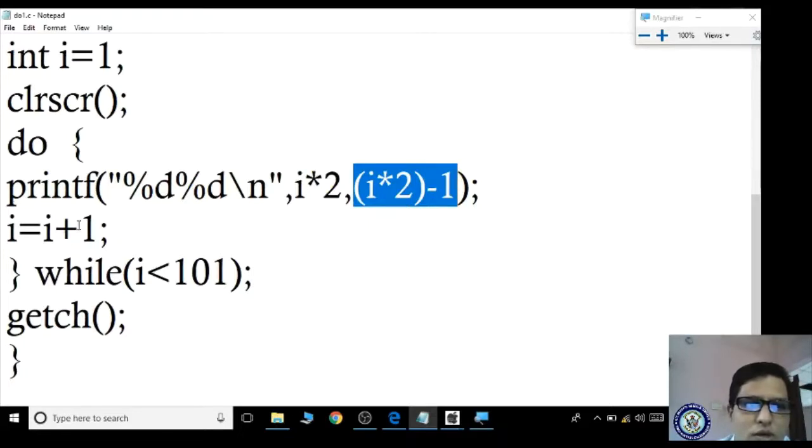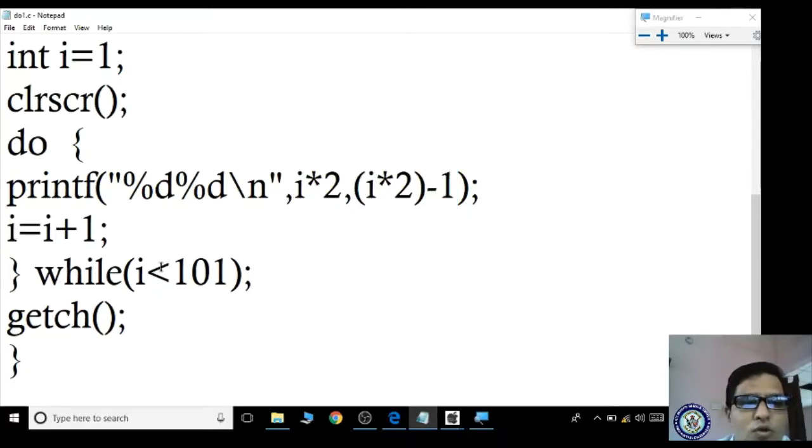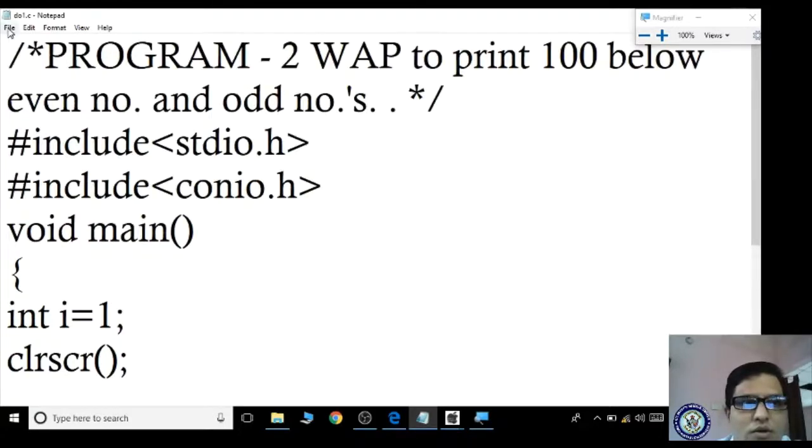Afterwards what you are doing, you are incrementing, right? After incrementing, what is the new value of i? It is 2. 2 less than 101, the condition is true. Once again it will come to do. Here 2 into 2 is 4, 4 minus 1 is 3. So 4 is even and 3 is odd. Got it? Yes. I will save it as,